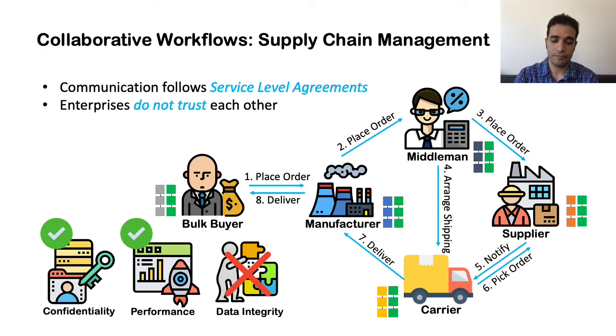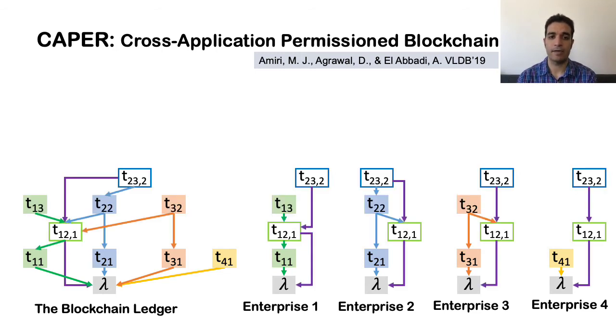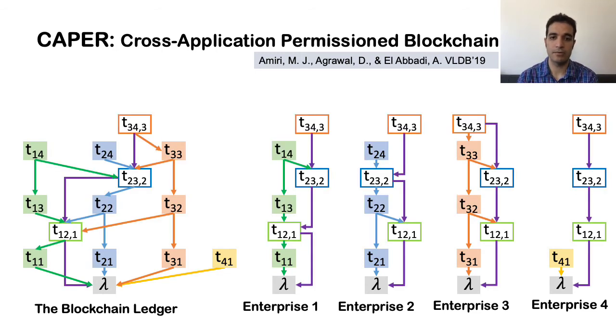For example, the local transactions or the private transactions of the manufacturer are based on this public transaction. Based on this place order, the manufacturer decides how to basically manufacture some product. So these two blockchains are dependent on each other, and we have a data integrity issue. So Caper is an example of a blockchain that tries to solve